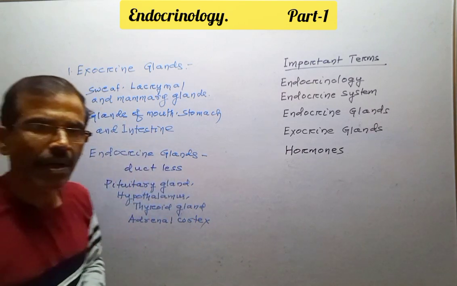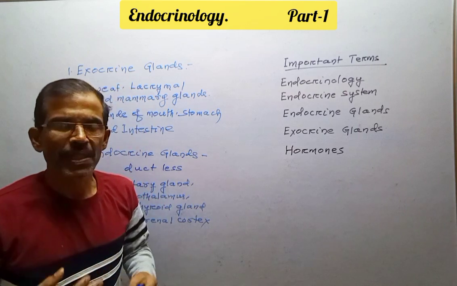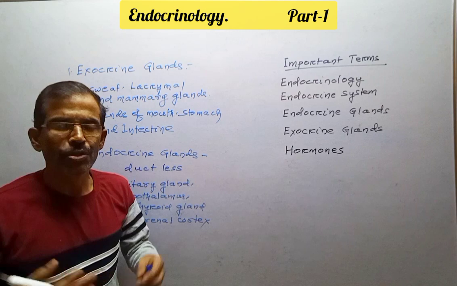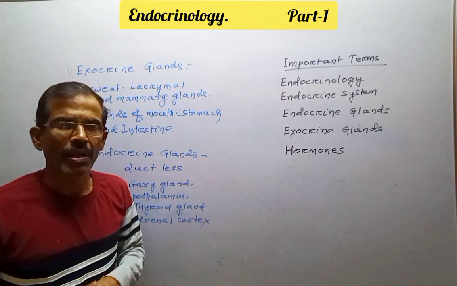The endocrine glands secrete specific chemicals known as hormones, which work together in a coordinated manner